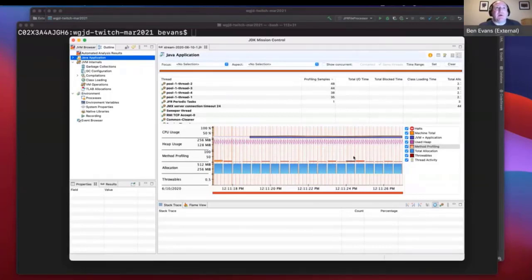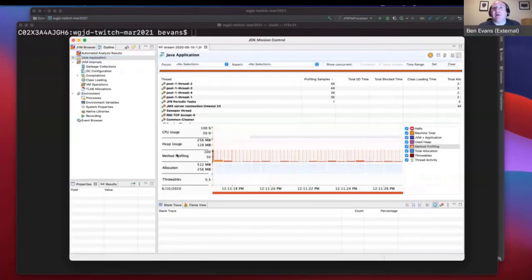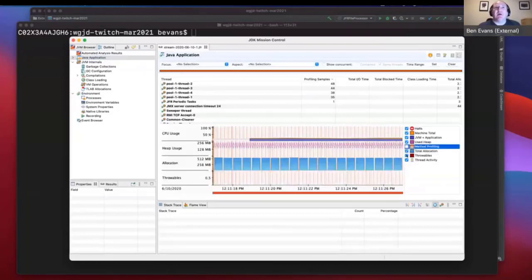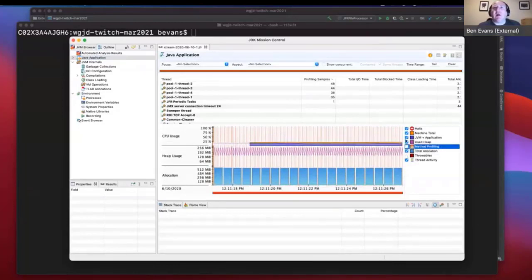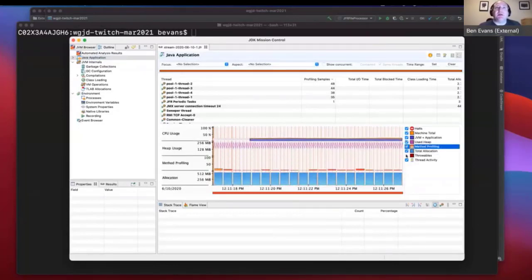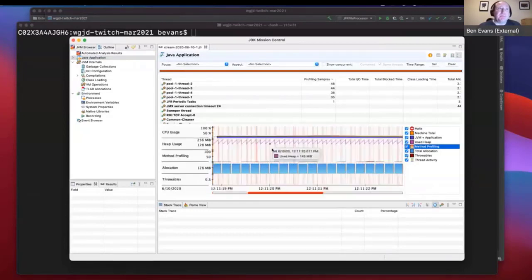You can see a few other things that are present, and you can turn these on and off here. You see, I can say, okay, I don't care about method profiling, I don't care about variables, or if you don't mind having a slightly more crowded screen, you can actually have everything switched on there. If we come into the